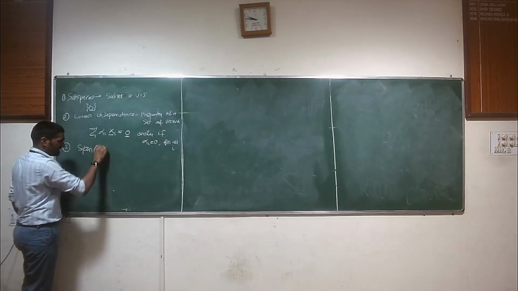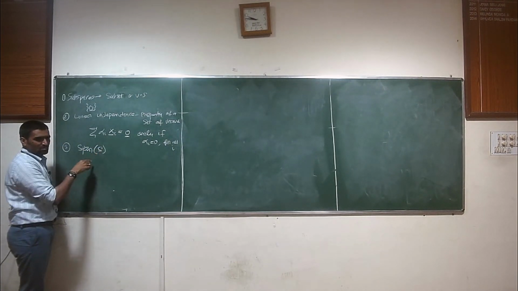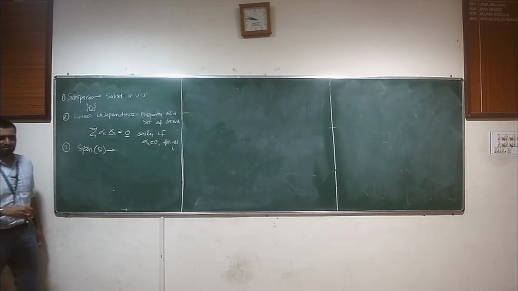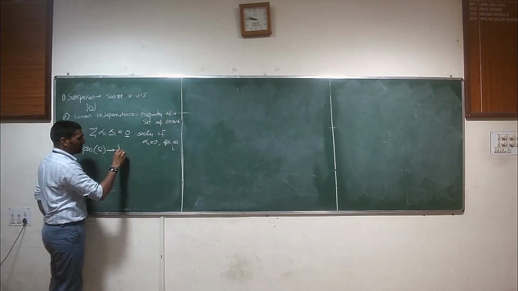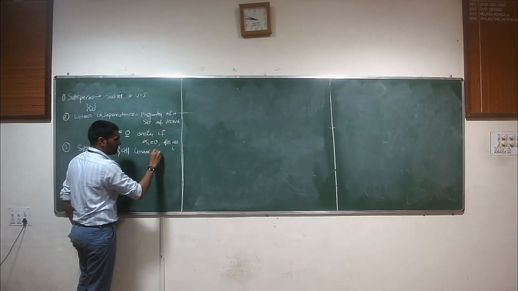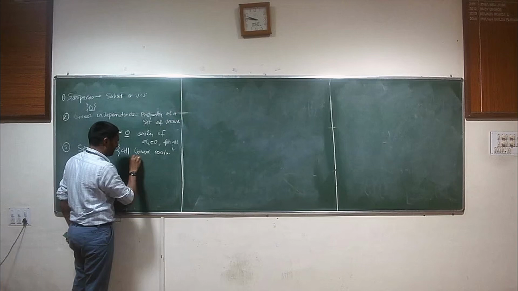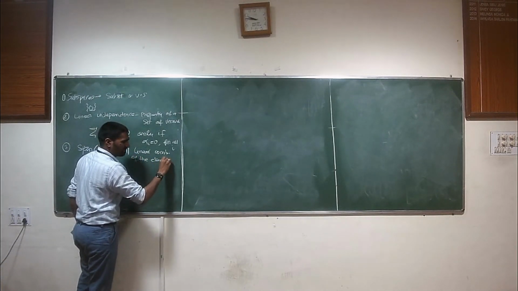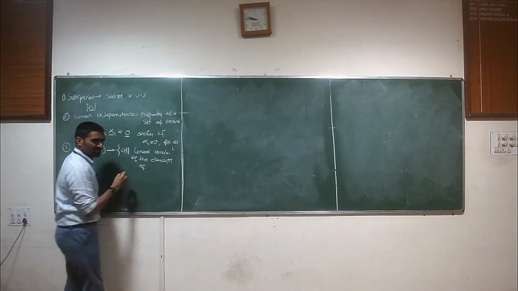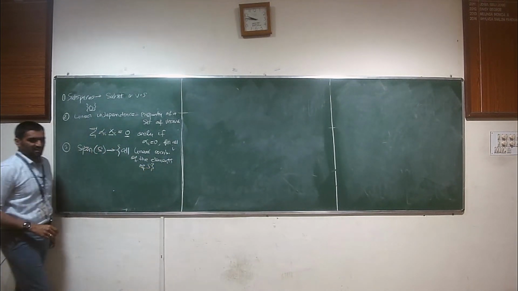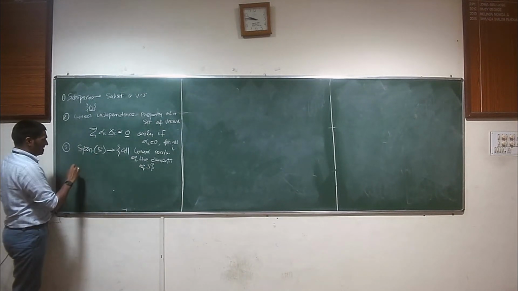Span of a set S, set of vectors. What is the span? What is this defined to be? It's simply the set of all linear combinations of the elements of what? Elements of the set S. Okay. Okay, and then